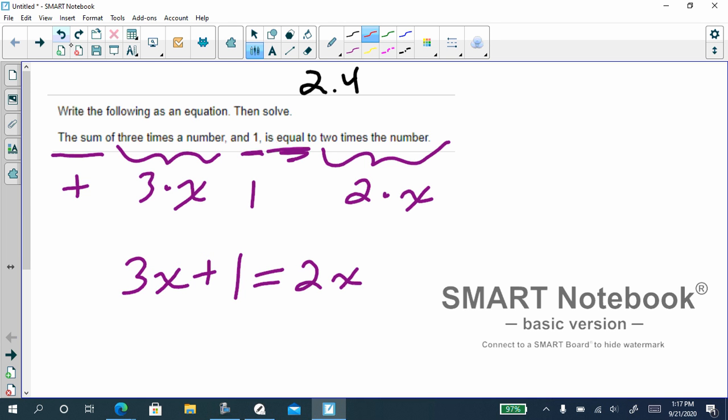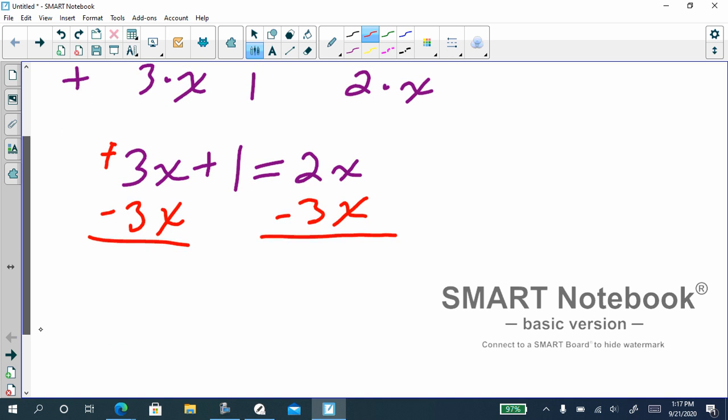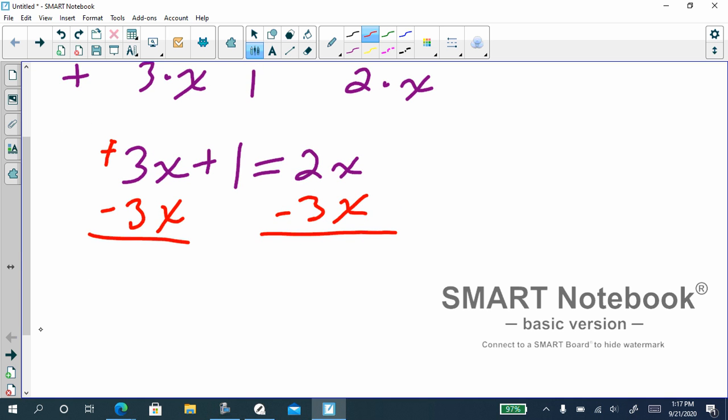If we want this 3x term to go away, we have to think about it's positive now. So to make it go away, we have to do the opposite, which would be to subtract. So subtract 3x from both sides. Now 3x minus 3x is 0. Bring down our 1. On the other side, 2x minus 3x, so we're going to be